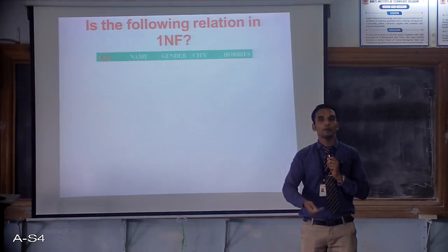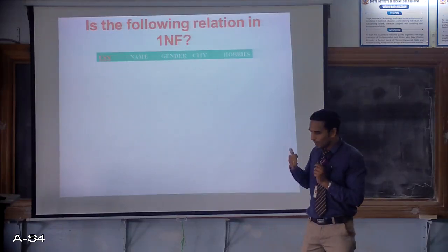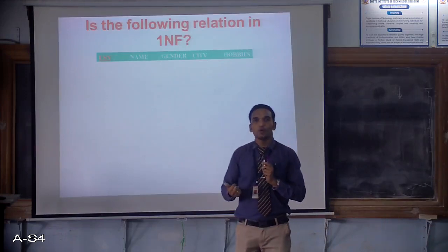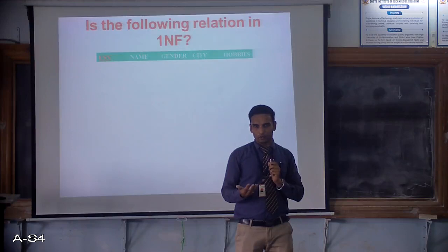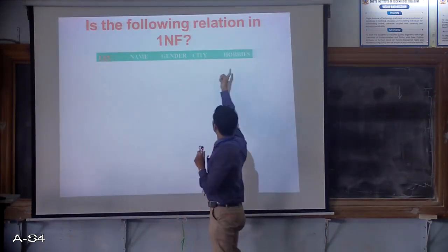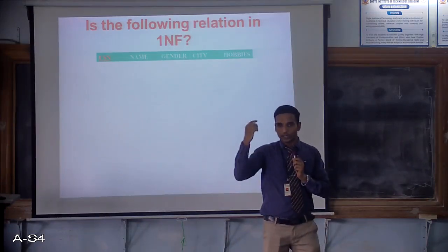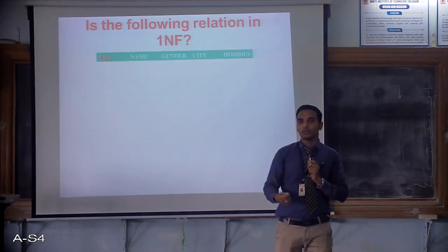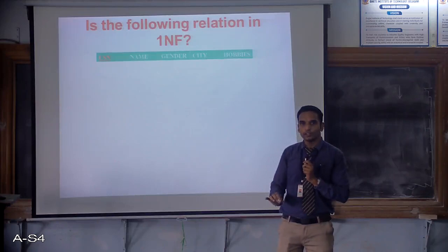Now what do I mean by hobbies? A person will have more than one hobby. For example, I will be having the hobbies of playing cricket, football, snookers, chess, badminton and all. So see, for this table, this attribute for me will be having 5 values. Hobbies are 5. So since that attribute column has 5 values, it can't be in first normal form. True? Are you getting this?